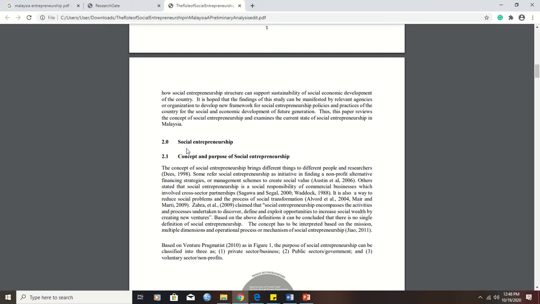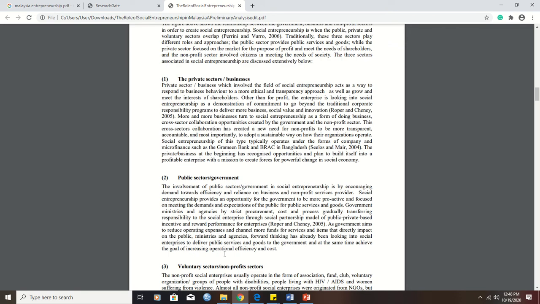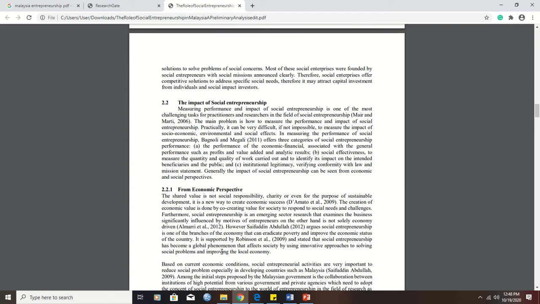Literature review is actually the citation from the previous research. For example, like social entrepreneurship, they cite what has been said by the previous research. Okay, like for example like this. Okay, you can see. And then number three, we must have